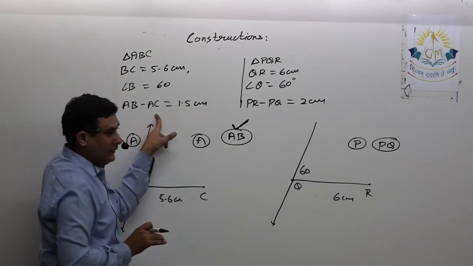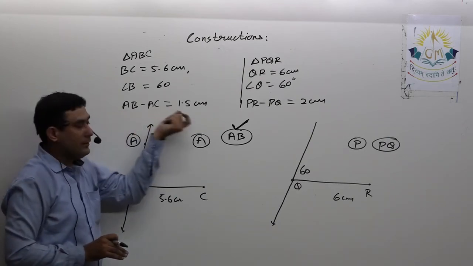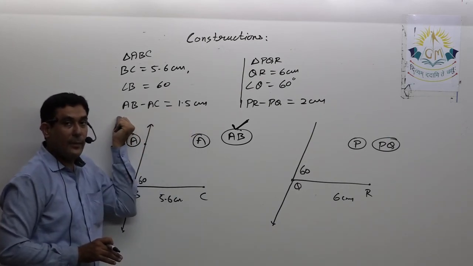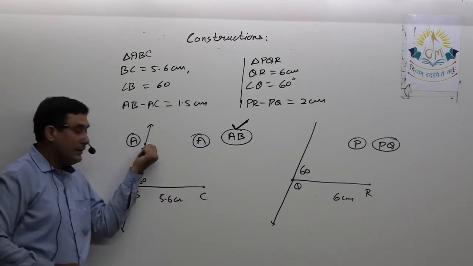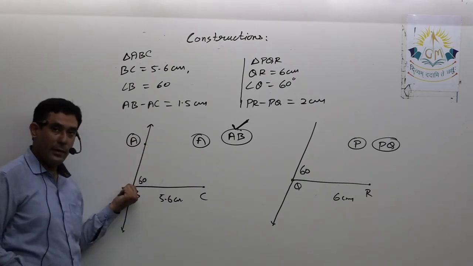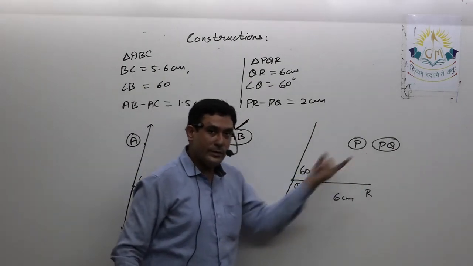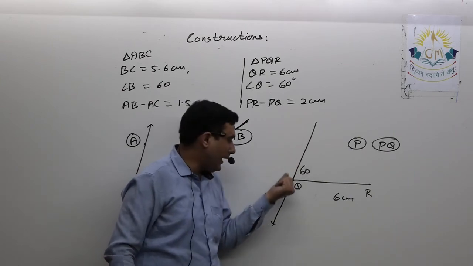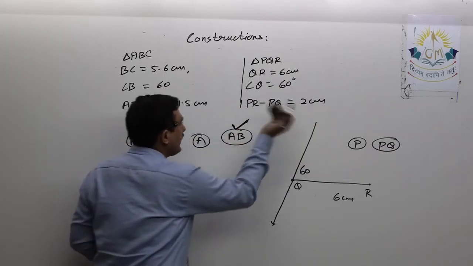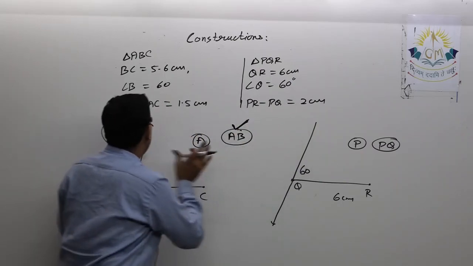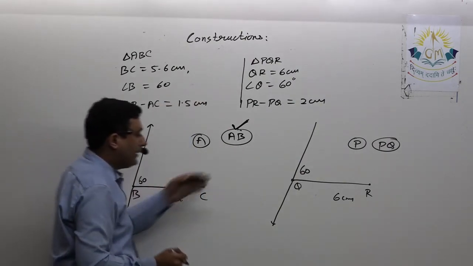See, here it is written AB minus AC. Definitely AB is greater, then and only then the difference will be positive, isn't it? Larger minus smaller, you will get AB. That means the segment formed by the remaining point and the base angle vertex, AB, is greater. And over here PQ, formed by the remaining point and the base angle point Q, is smaller, since PQ is on the right side of the minus sign. So when this segment is greater, you have to take the point above, otherwise below.